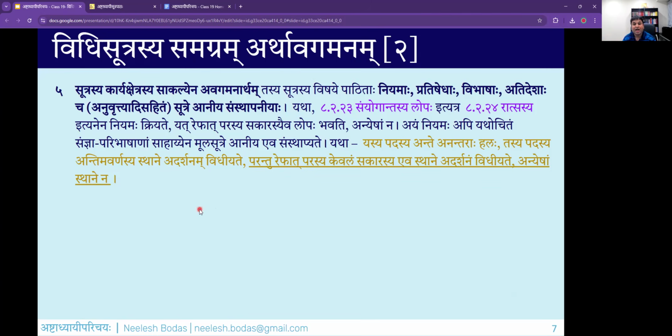And how is this Karya Kshetra, the entire area where the sutra may operate, found out? We find this out not by simply looking at the sutram and expanding it. That's not sufficient. So the steps of the previous slide are not sufficient, but we also need to look at the context around it. Tasya sutrasya sandarbhena ke niyamaha santi, के प्रतिषेधाः सन्ति, काः काः विभाषाः, अतिदेशः अस्ति वा, अनुवृत्त एतेषां सर्वेषां साकल्येन अध्ययनं करणीयम्.